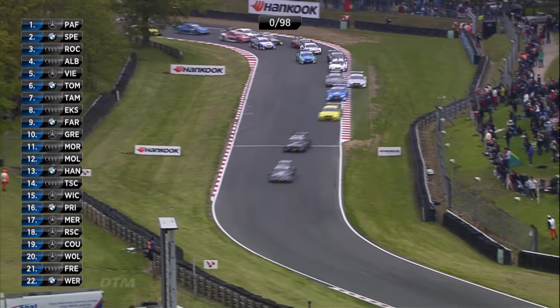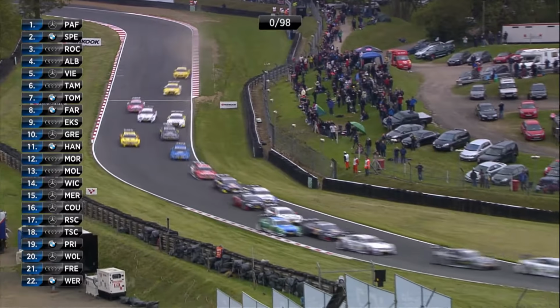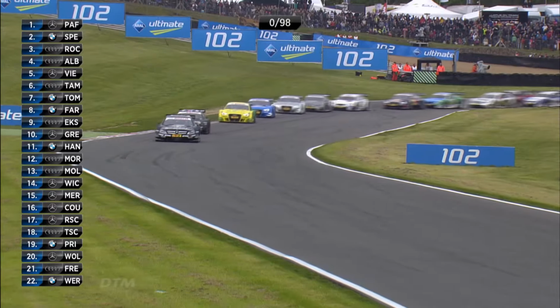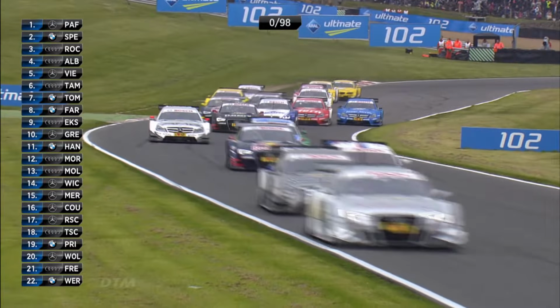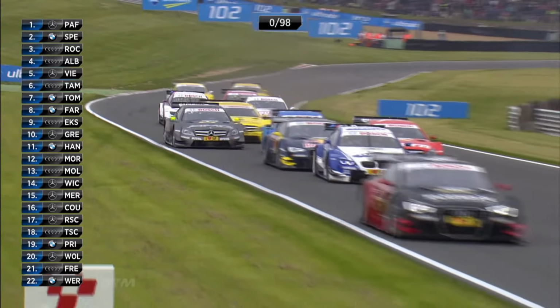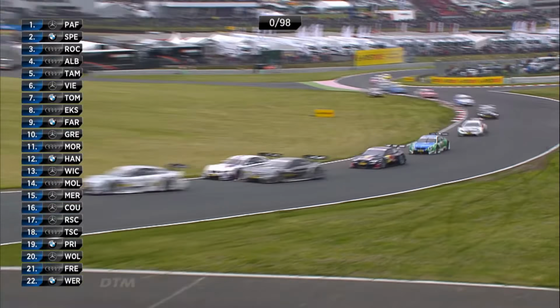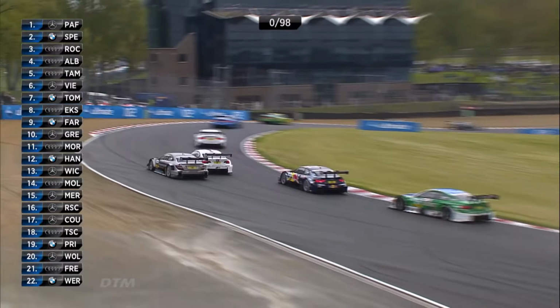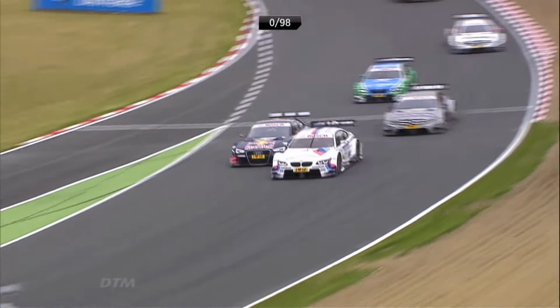But it's Gary Paffett. His wife's watching. His 3 boys are watching. His dad's here as well. And they're all cheering for Gary Paffett, and he's made the perfect start. But just like the previous race at Lausitz, it's the 2 cars in black at the front, with Spengler in second place, Bruno Spengler, who sprung that big surprise by winning BMW's second race on their return to the DTM,